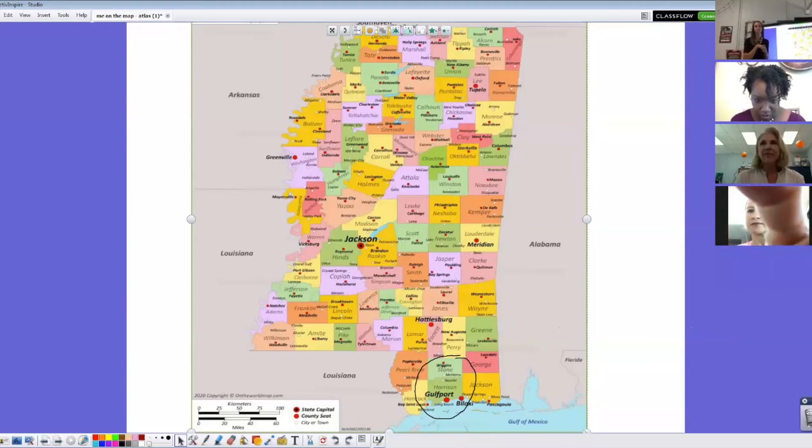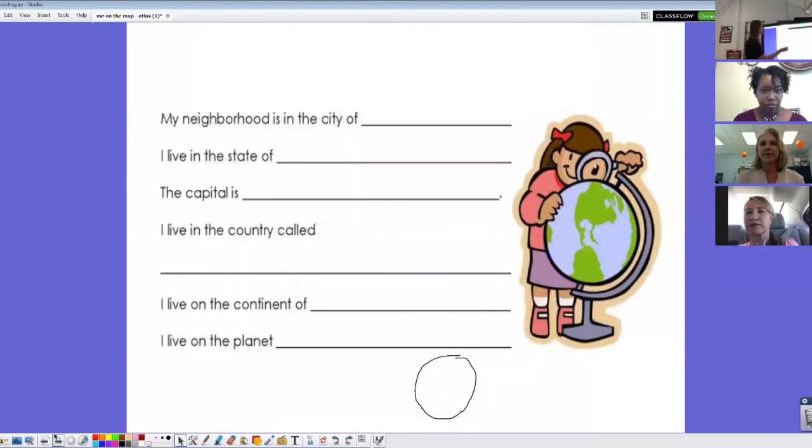So let's review before we go in and fill in our complete special place on the map. We live on planet Earth, which is located in North America, in the country of the United States, in the state of Mississippi, in Harrison County, in the city of Gulfport. So together, let's fill out, and I'm going to clear that circle. Let's fill out